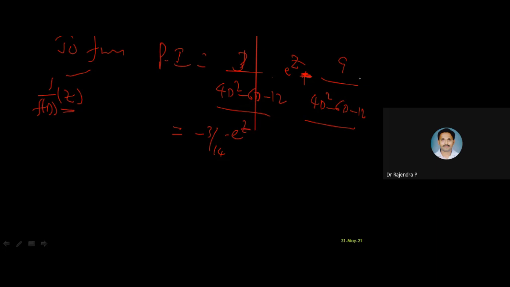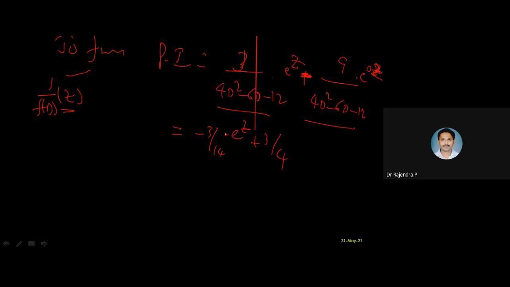What about here? How to calculate this when you have a constant? Have you remembered? E power 0x, sir. 0, don't take x, please take z, because here we are solving for z. Keep in mind. Maybe we usually make mistakes, but don't make that mistake. E power 0z you take it, because we are solving for the z variable. Good. So if I substitute, minus of minus, so plus 9 by 12, that means 3 by 4, right?